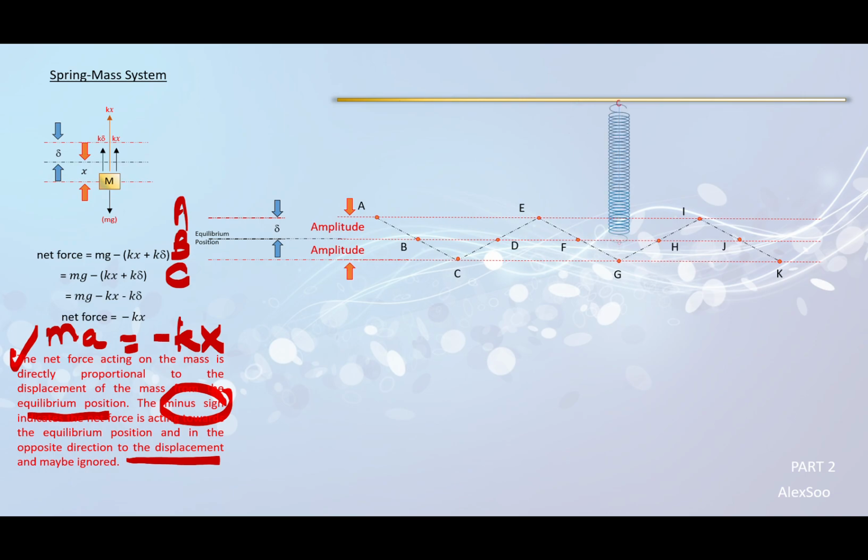Then from G back upwards, from G to H and I. Then from I it goes down back to J and K, and after that it repeats continuously unless there is a frictional resistance by the air. But in this case we have already neglected the friction due to the surrounding air. So now what I can say is at position A,